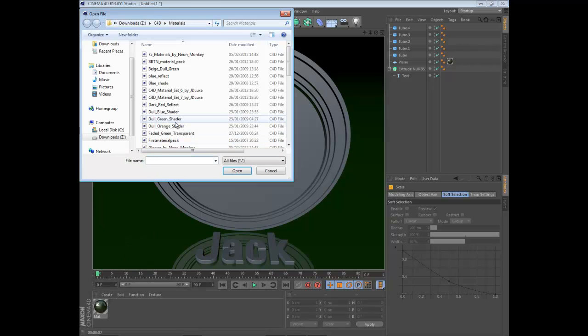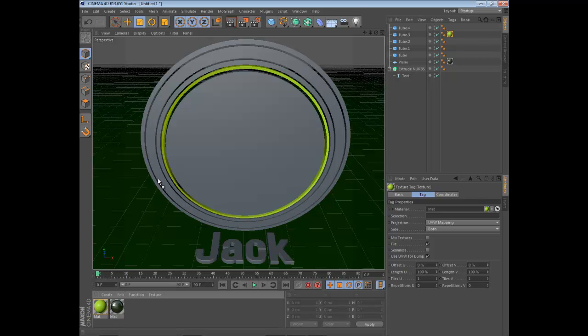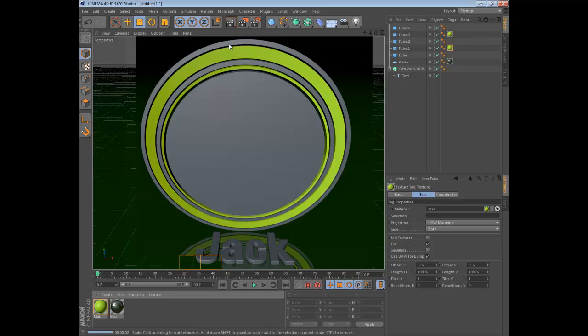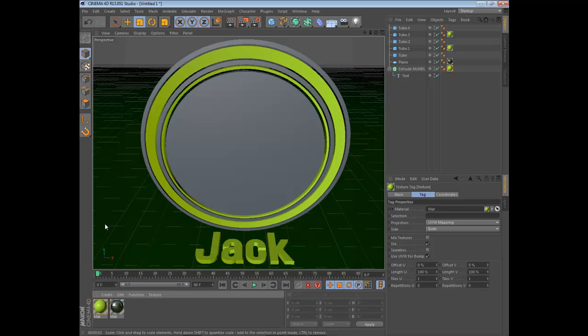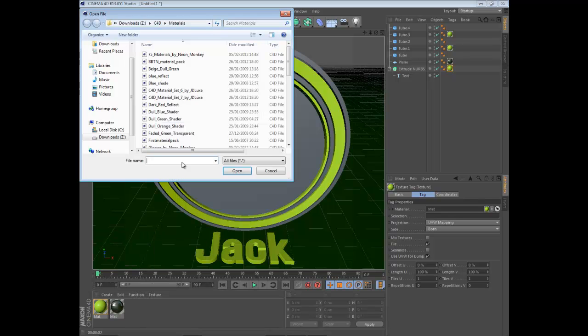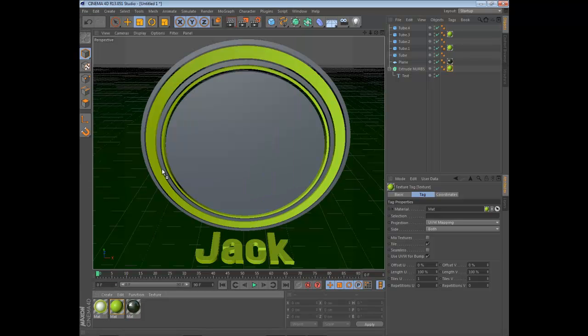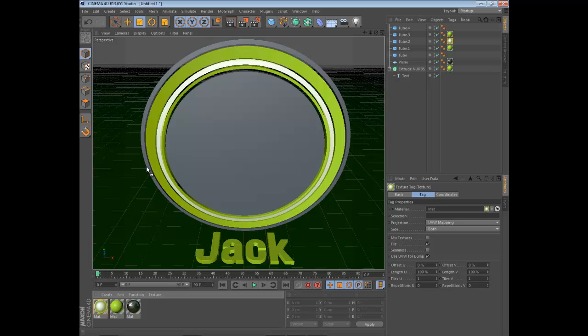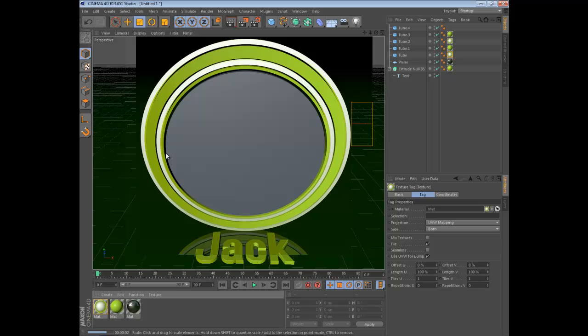Now we're just gonna start randomly adding materials to our rings, and we're gonna add that material to our text as well. And now gonna add that and add that. Now if I just render this off quick,